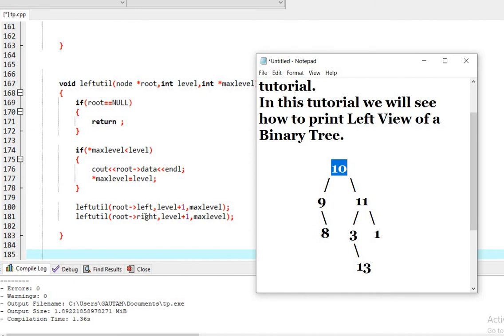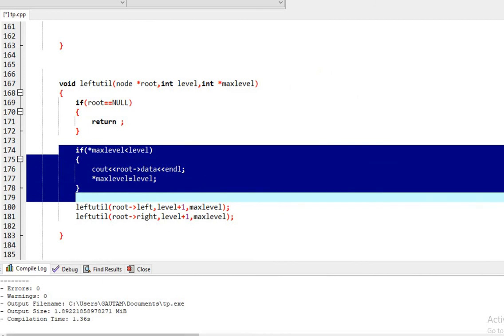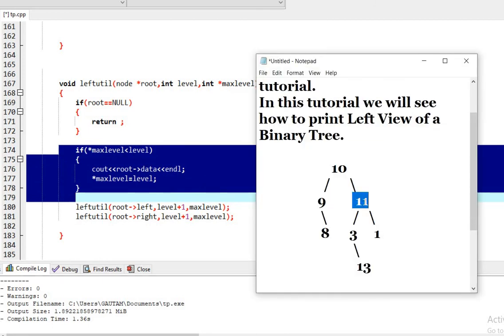After 10 it will come to root arrow right, that is 11, but here the max level is greater than level, hence this part will be false, and hence it won't print 11 because max level is greater than level, right? So it will go to the next, root arrow left, 3.